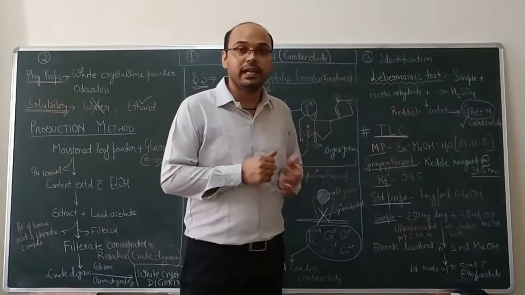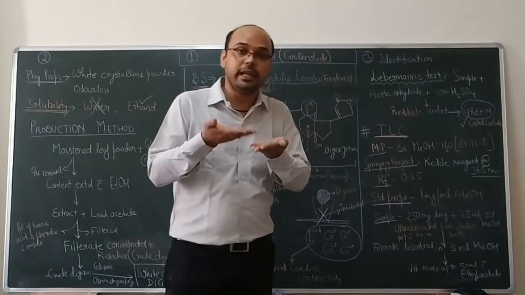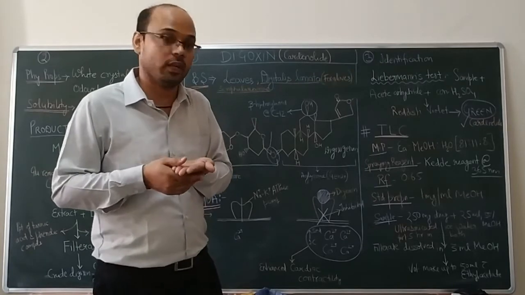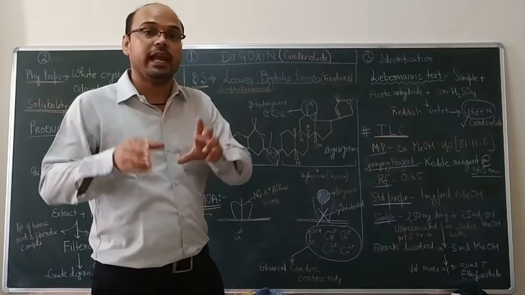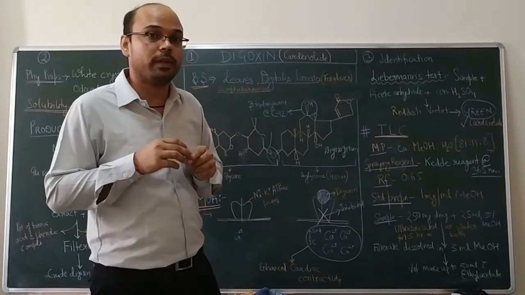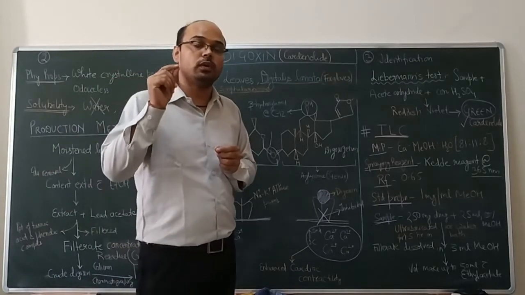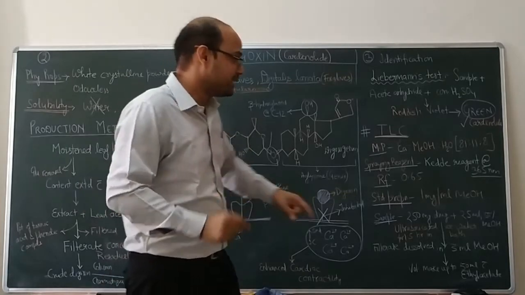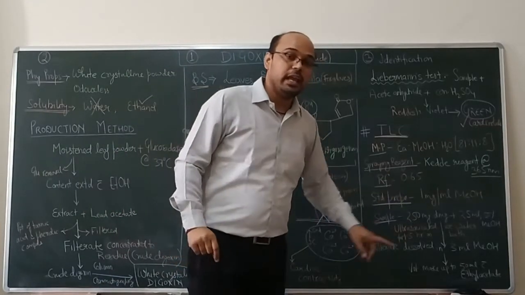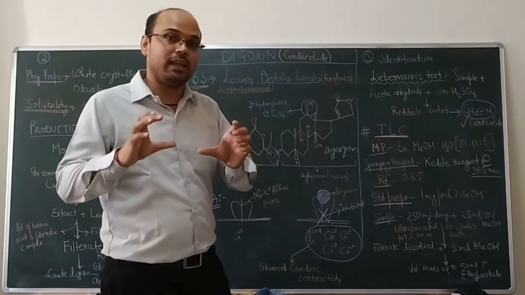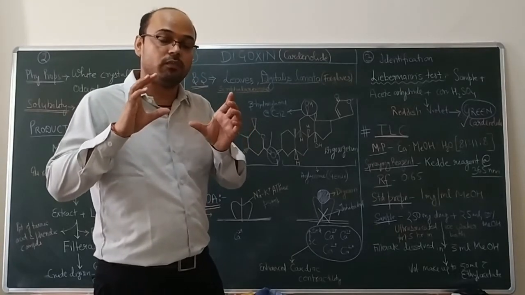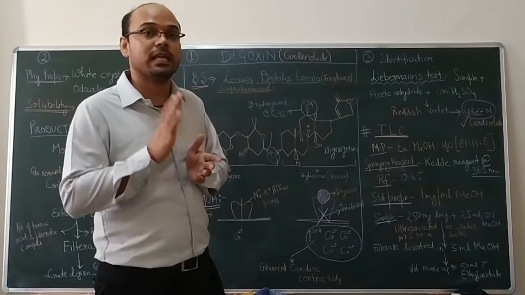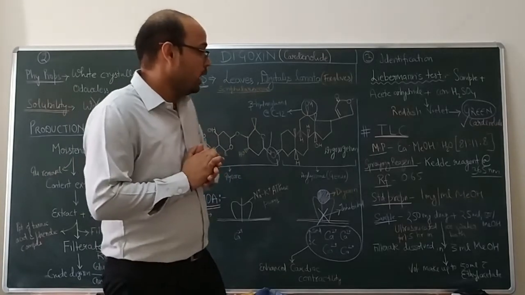We spray the Kedde reagent and observe our plate under long wavelength, 365 nanometers, under UV radiation. In these conditions we obtain the spot of our phytoconstituent digoxin at an Rf value of 0.65, and this Rf confirms the presence of our phytoconstituent digoxin in the sample which we are analyzing.